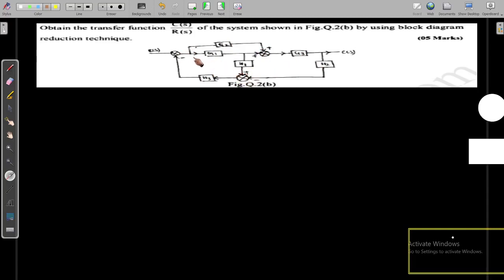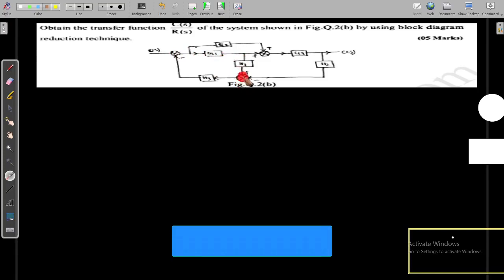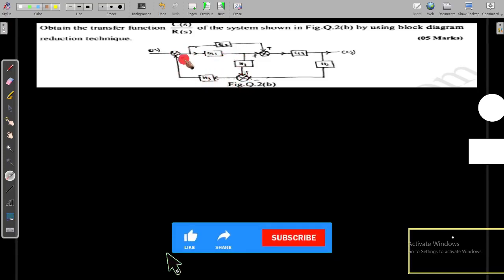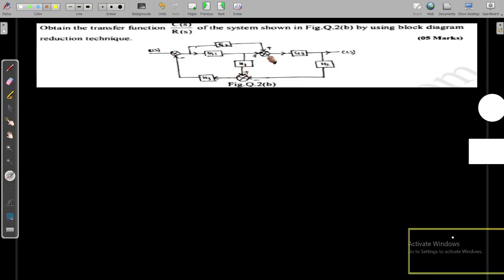If you see the summing points here, if you start from this summing point, it will travel to G1, then H1, then H3, and then it is connected. So here we are having plus and minus. It will get multiplied, then you are going to get minus here. Another one is also there. From this summing point, that is G3, H2, that is minus H3, minus into minus will become plus here. So let us separate those two summing points so that we will get some idea.